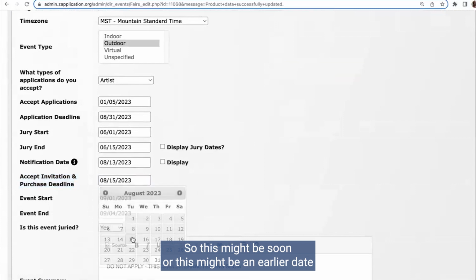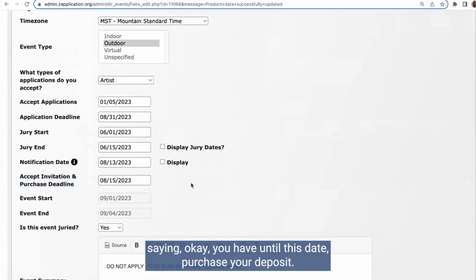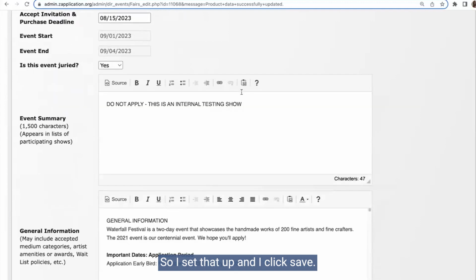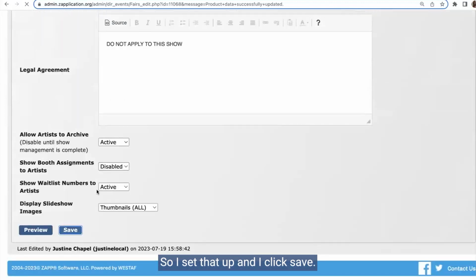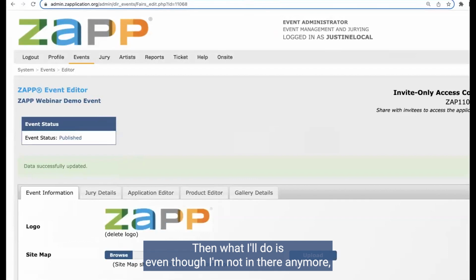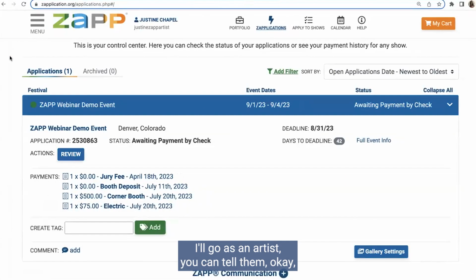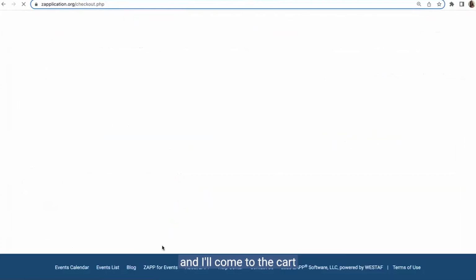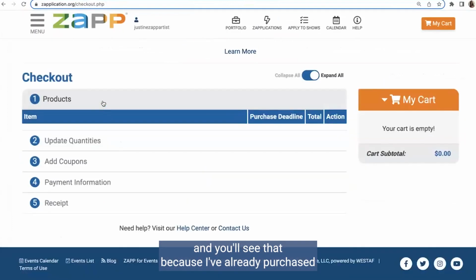This might be an earlier date, saying, okay, you have until this date to purchase your deposit. So I set that up and I click save. Then what I'll do is, even though I'm not in there anymore, as an artist, you can tell them, okay, you can go in and purchase your deposits. And I'll come to the cart and you'll see that because I've already purchased the deposit, it's not going to show up here, but basically it will list the deposit for everyone